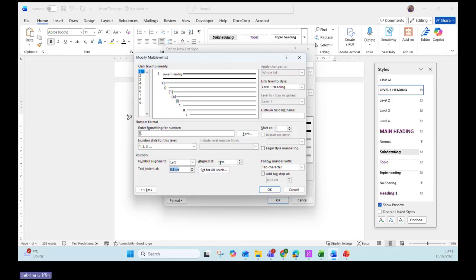I like to have aligned at 0. I like that first level heading to be against the margin. I'm going to do my text indent at 1.27 and my tab at 1.27 as well, so it's all nicely aligned. You can see it there. Now you can change the alignment for each level. So I can say actually level 2 is going to start here and the text is going to be aligned here. It can get a little bit messy,